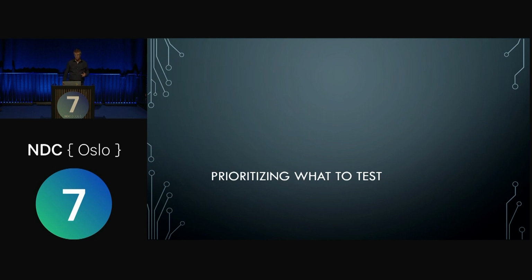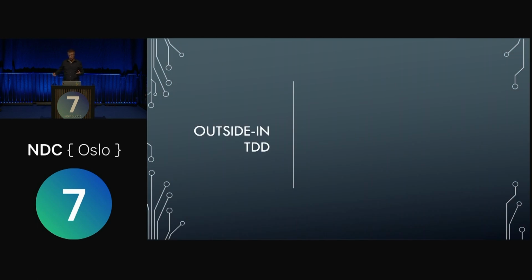Then we need to prioritize what to test. And we've talked some about this. Do the important happy path scenarios at the system level, going across everything. Take a lot more scenarios, both positive and negative, on the level of the services. And then whatever details you have left, do that with unit testing. That's sort of my rules of thumb. And the way to make that actually happen, to me at least, is using outside-in TDD.